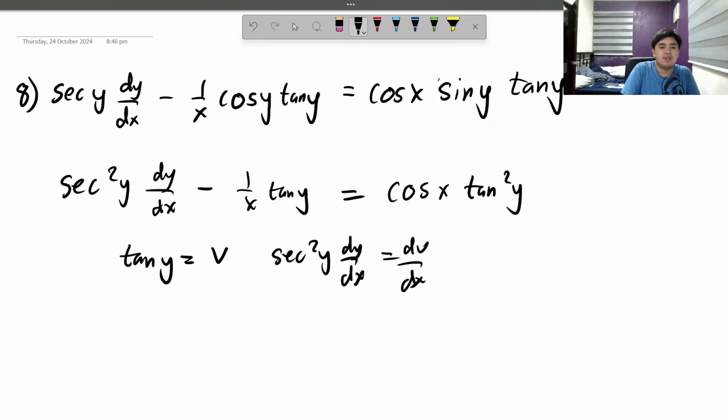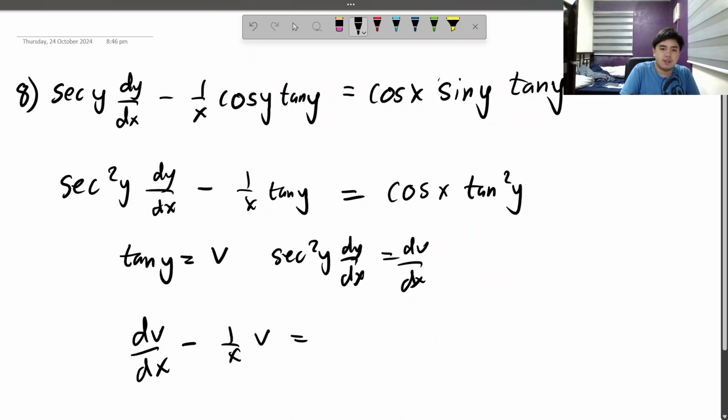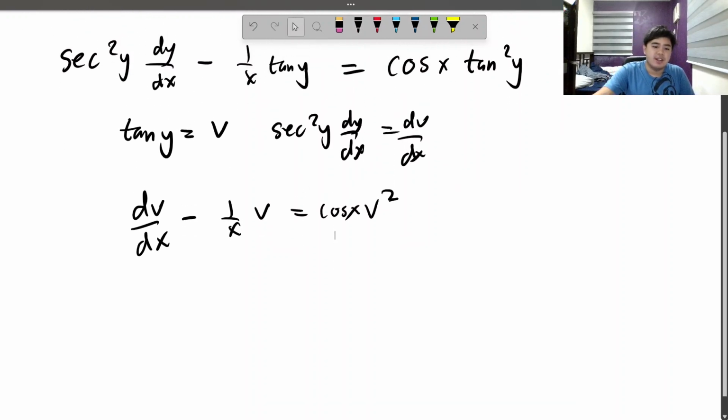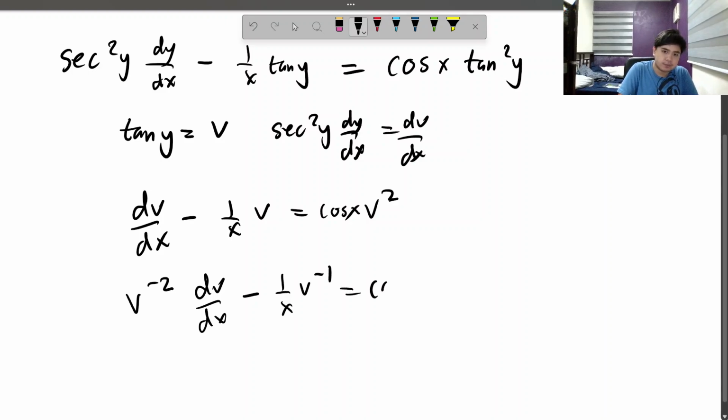So secant squared y dy over dx equals dv over dx. So we get dv over dx in here minus 1 over x here. Tangent y is v and tangent squared y is v squared. Cosine x is there. What do we see? Bernoulli. This is Bernoulli. And that's amazing because I didn't think that was possible. But Bernoulli's here now. Bernoulli's here to stay. We need to divide both sides by v squared. So v to the negative 2 dv over dx minus 1 over x v to the negative 1 cosine